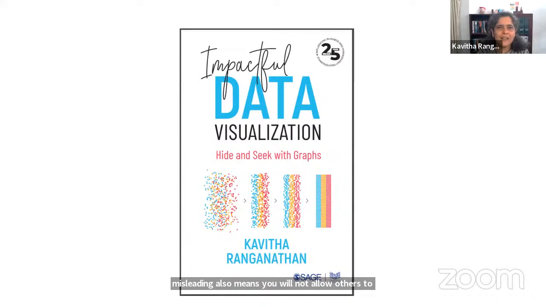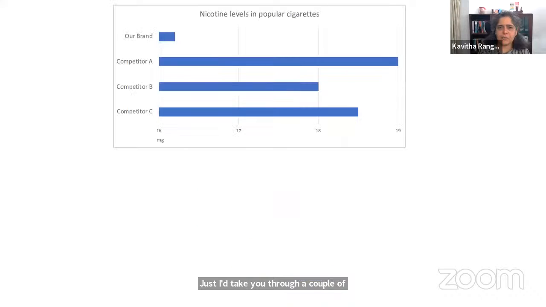You'll see graphs everywhere today. You'll open the newspaper, you'll see graphs. You open a report card, you'll see graphs. You open an annual report, you'll see graphs. So how do you make sure that they don't mislead you? Because it's actually quite omnipresent. We may not realize how popular, quote unquote, these misleading graphs are, but they're there all over the place. I'll take you through a couple of examples from my book. These are examples that I start out with.